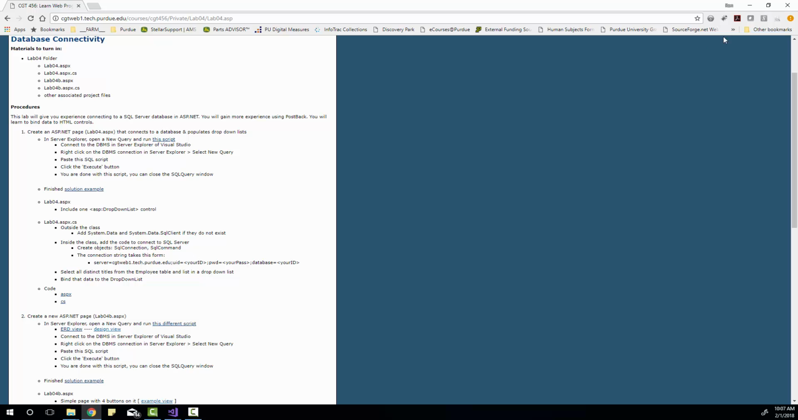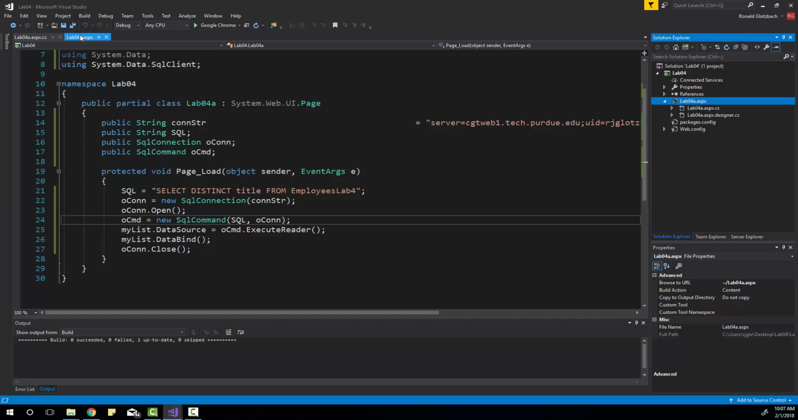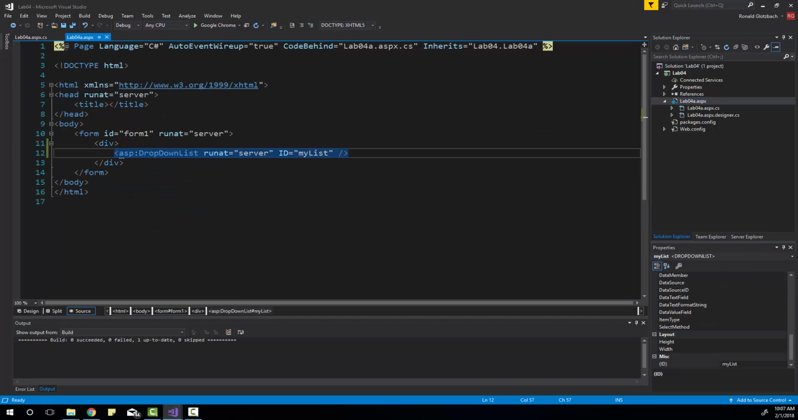I told you I was going to go back to the front page, and then I forgot to go back to the front page. So I'm going to close that, minimize this, go back to the front page, and on that front page I need to add two attributes. The first one is data text field equals, and what you put in there is the column name. So the column name in the database is title. And data value field